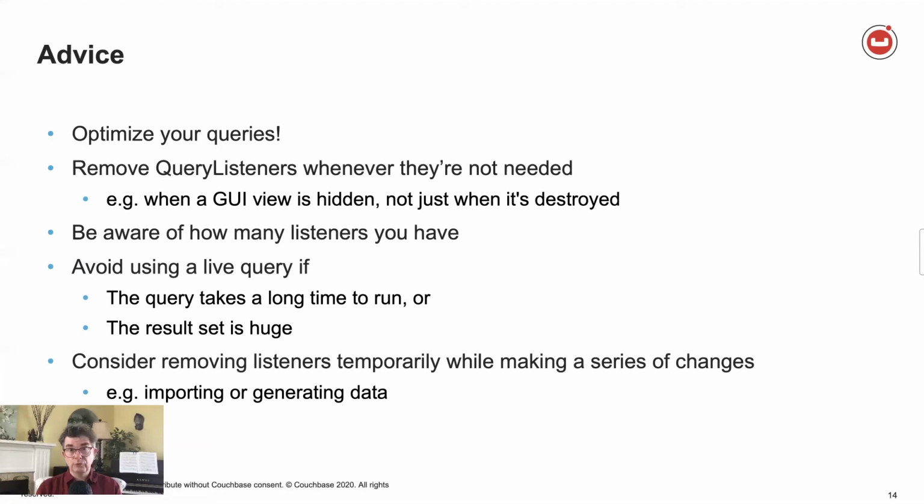You might want to degrade your UI somewhat, like not update things immediately if it's too expensive to do so. And if you're making a series of changes over time, like over a matter of seconds, for example, if you're running an import process where you're slowly reading all the data out of a file and copying it in, you might want to turn off listeners doing that, because otherwise they might trigger several times during that process and slow down